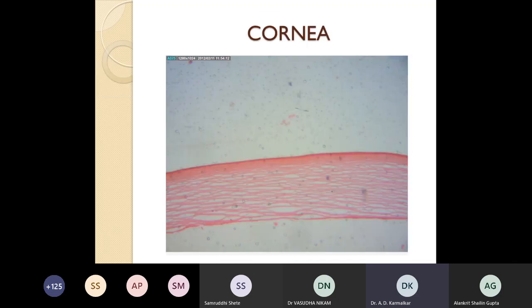Okay, coming to the practical point of view, what is the actual picture seen under the microscope, under the 10x? This is a real picture of the cornea, in which you can nicely see the stroma. So 90% of the cornea is formed by the stroma, which is a dense connective tissue made up of type 1 collagen fiber. Anteriorly, if we go for high power, you can see the stratified squamous non-keratinized epithelium. So by looking at this, we can identify the cornea. So all the slides, we have to identify under the 10x.